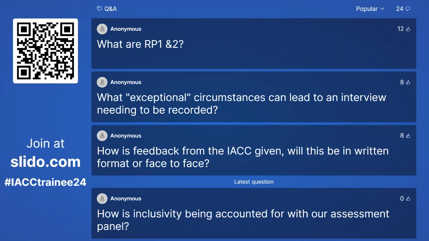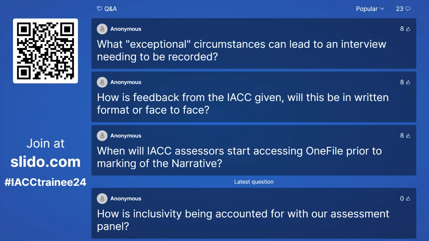Now, I know we've answered this question in the presentations. For anybody who joined us later on and perhaps missed it, can you clarify what are RP1 and RP2? I might need to go back to the slide, but they are the readiness to practice themes where you show that you are aware of the limitation and scope of your own practice that need to run through every answer and every domain that you respond to.